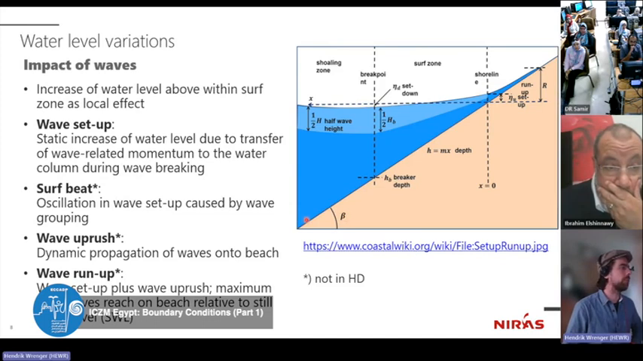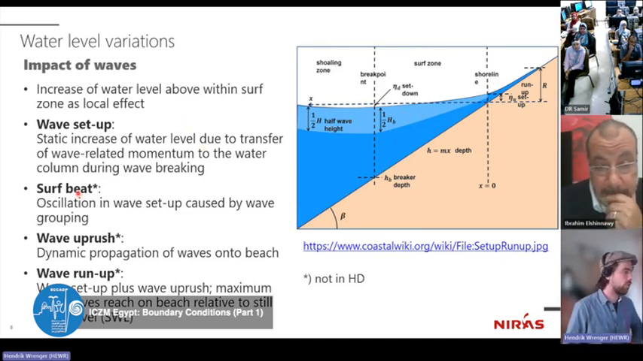And then we had the impact of waves, all the different ones. There was a wave setup, the surf beat, the wave uprush, and the wave run-up. And basically, relevant for the HD modeling is only the wave setup. So there it can be dealt with, and it was taken into account in the ICZM model, and that can be done by either